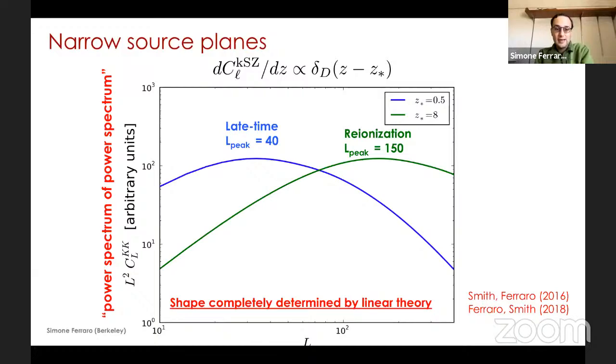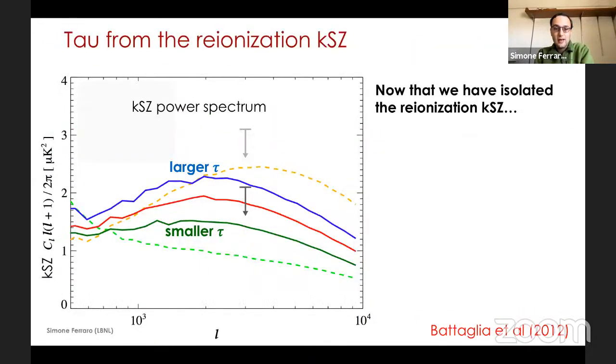And then it is true that in this simple parameterization, you can't distinguish exactly how you got a bigger tau or how you got a longer duration of reionization. For example, you would have to map, but this is just a simple parameterization, and if we have simulations with different masses, we can take the derivatives, we can absolutely see what constraints on some halo mass you can get from this. I just don't know off the top of my head.